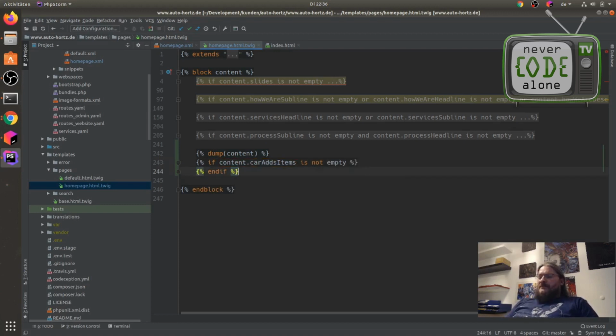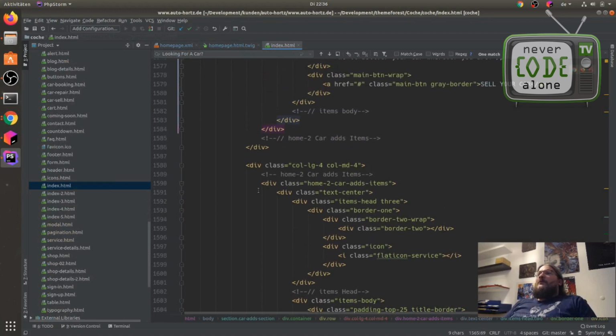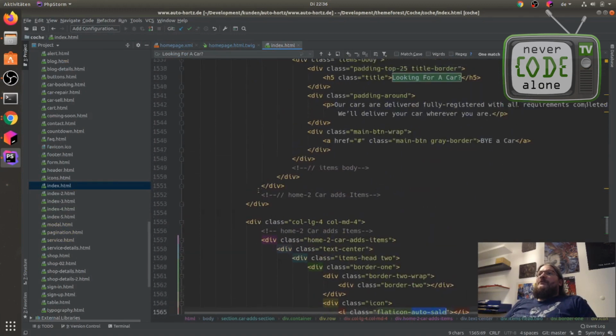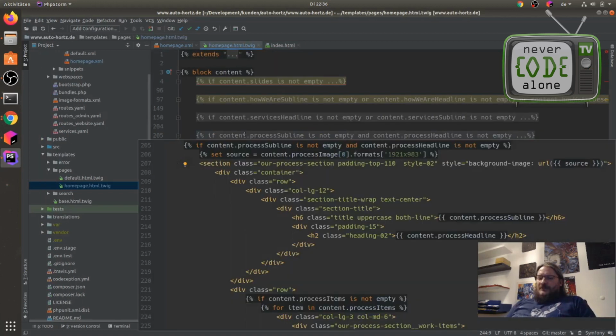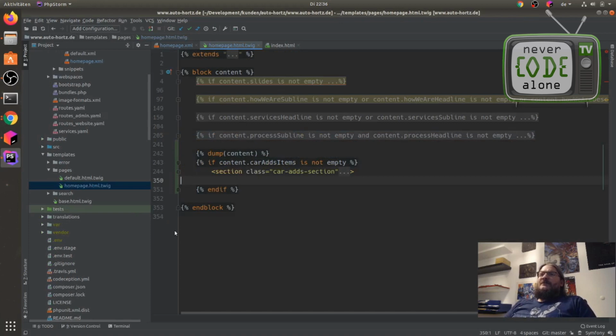This is our case when we render our section, because when we have no car add items, we don't need to render something on the front end. So when we have car items, we need to render them. We copy the full section here, so when there are items inside, we will render the section.